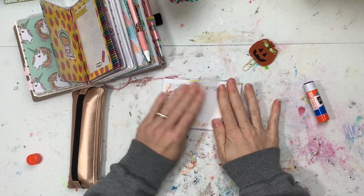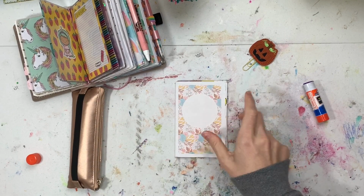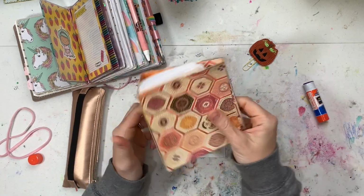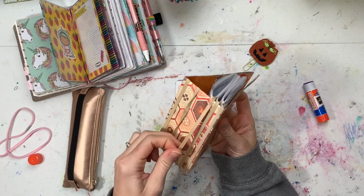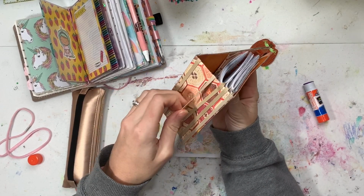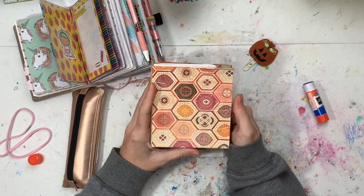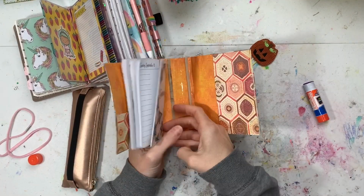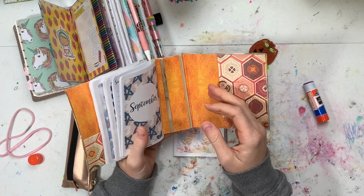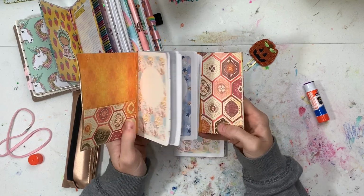All right, and then some of you asked where I store my old inserts, and I will show you right now. My used inserts, I made this little book, and I got the idea from Dede Willingham on YouTube. She is fantastic, and I will link her channel below, but she does a lot of live uploads. She calls them shows, where she does different art projects, or she colors in different coloring books and stuff. And one day she made these little journals using